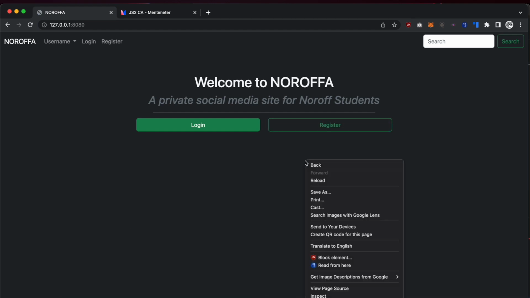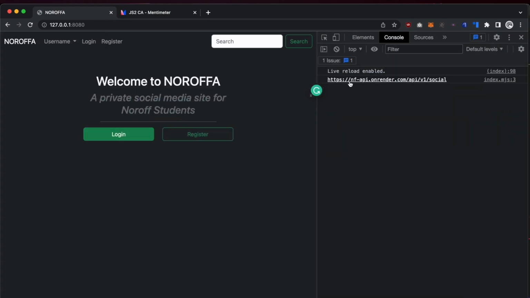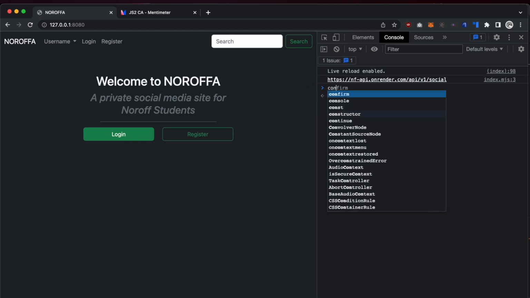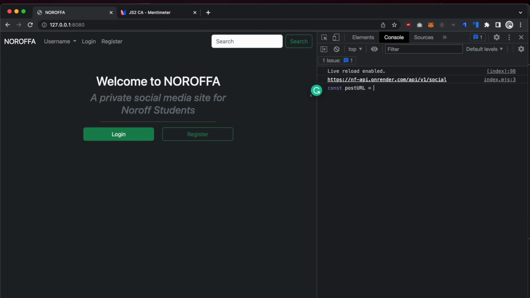If we look at the console and see how that looks once they've been assembled, we have our onRender API v1 social path. So that's what we're going to be using. We're going to be prepending every single URL we handle with this. So if we had a posts URL, it would be /posts,